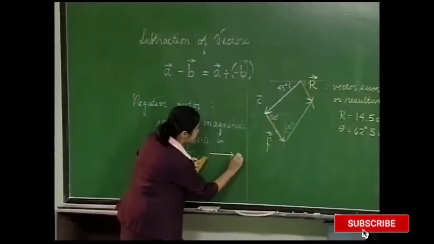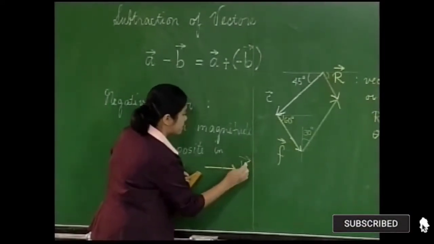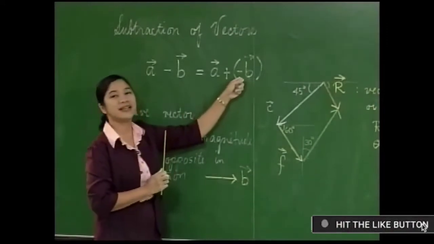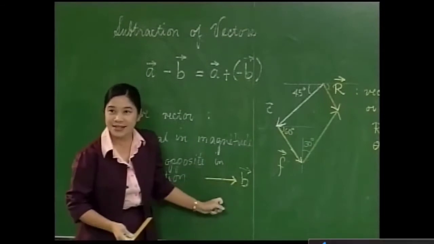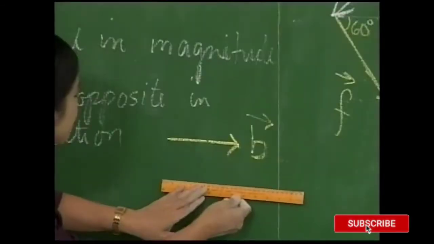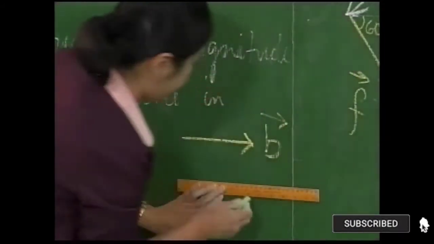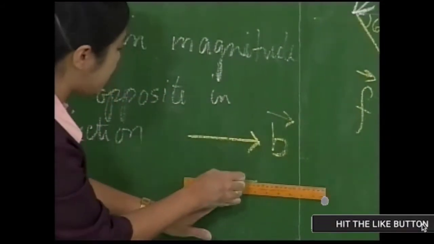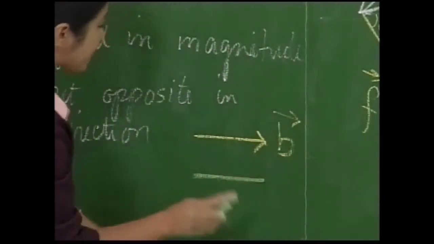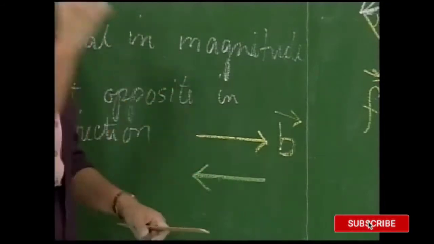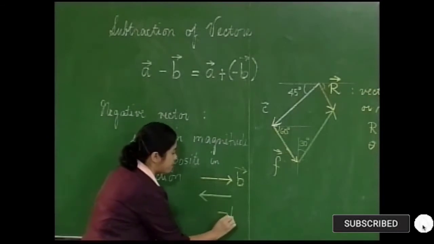This is vector B. Now, what is the negative of B? The negative of B is exactly the same vector except that it is now in the opposite direction. So also 15 centimeters long, but towards due west, in the opposite direction. So this is negative of